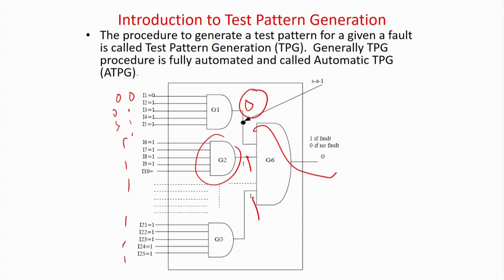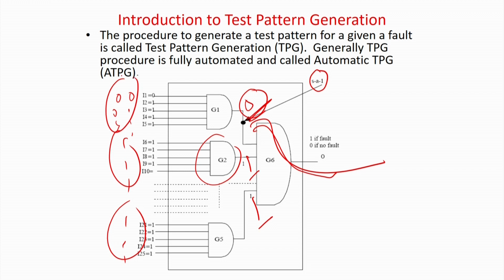So, this is actually called automatic test pattern generation and is a 3-phase algorithm. Sensitize: whatever the stuck-at, you apply a given value; propagate the value to the output so that you can observe; and now justify these requirements, that is, all ones or some values will do it. So, this is called a 3-phase test pattern generation algorithm, and I can easily write a C code to implement it. In fact, there are a lot of CAD tools like Synopsys TetraMAX, and a lot of open source tools also.